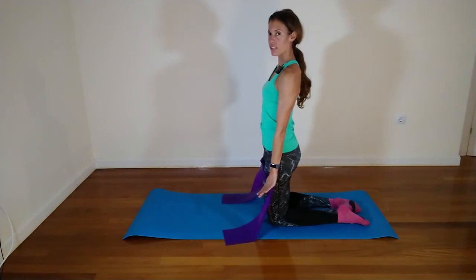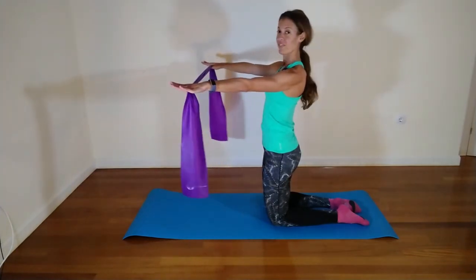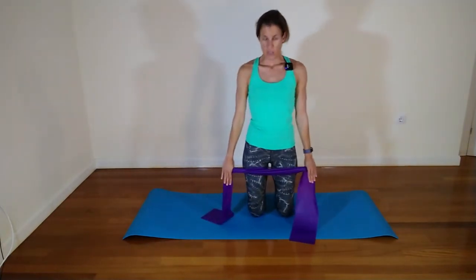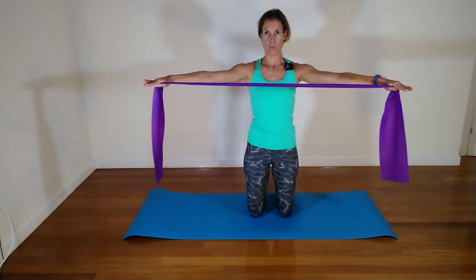Again, your back should stay in the same position. I'm not slouching or anything. We're going to repeat it again. Exhale, pull the band, inhale, release. So if I show you again from the front, we're going to exhale, again, wrist flat, neutral, pull when you can,